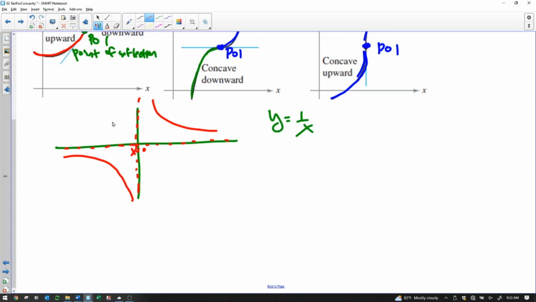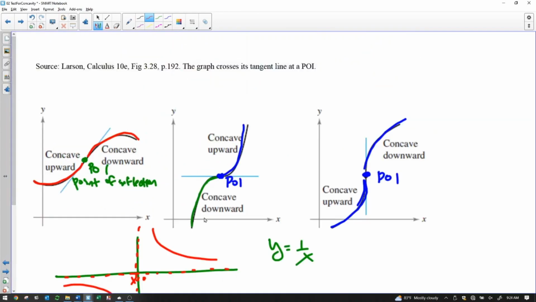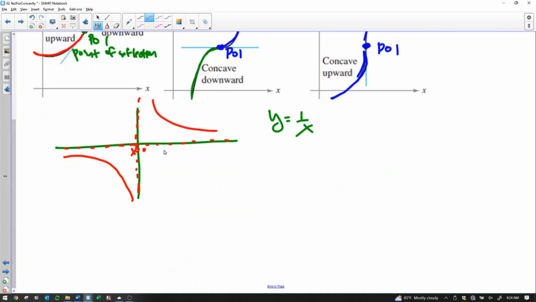Do you see that? So just because there's a change, first of all, a point of inflection always occurs when you change from concave down to concave up or concave up to concave down. But this is an exception to the rule. You're changing from concave down to concave up, but this is not a point of inflection, and that's because there's no point. Does that make sense? When there's no point, you can't have a point of inflection, right? There's no point because y or x doesn't exist right here, at the asymptote. Does that make sense? So there are some exceptions to the concavity rule, one being there is no